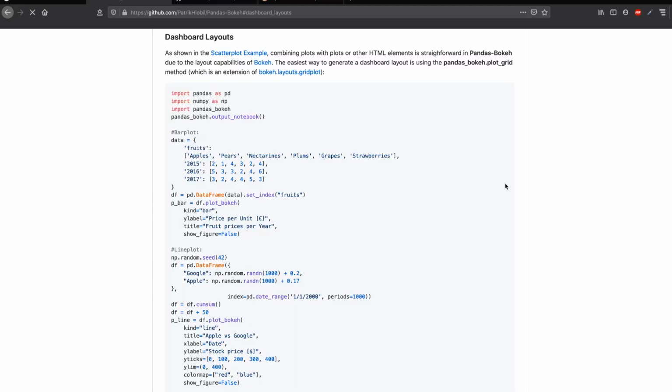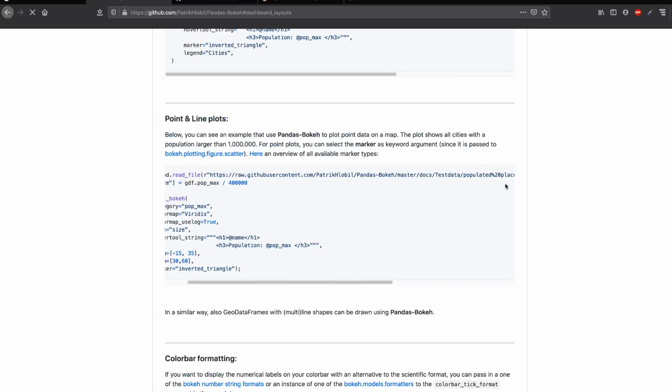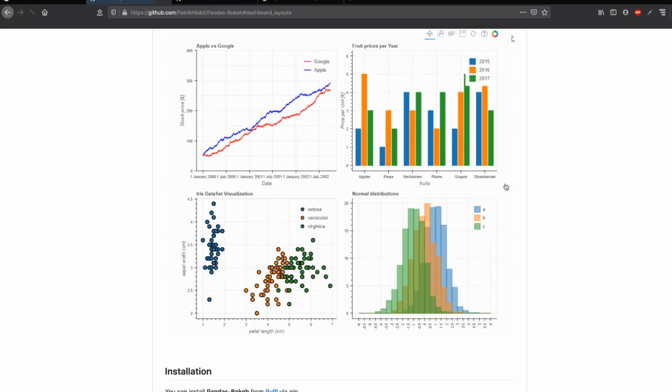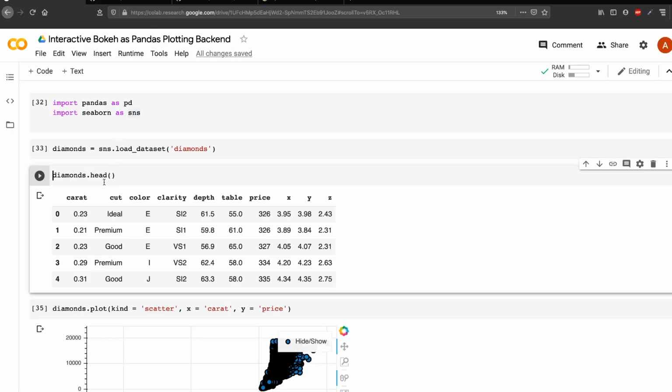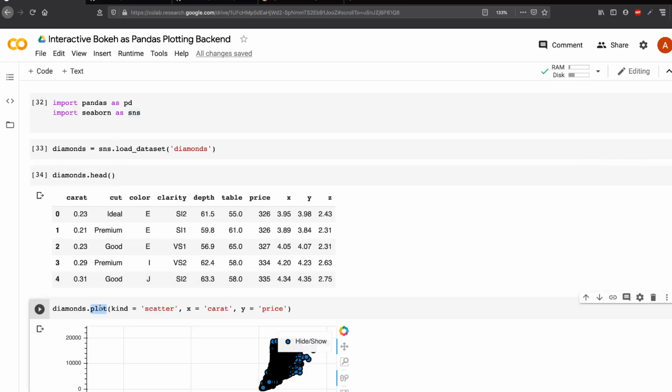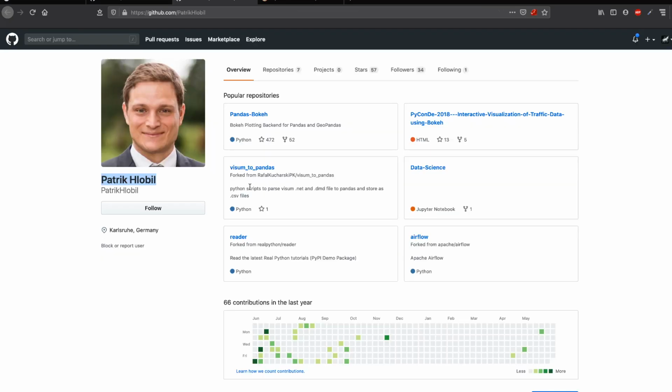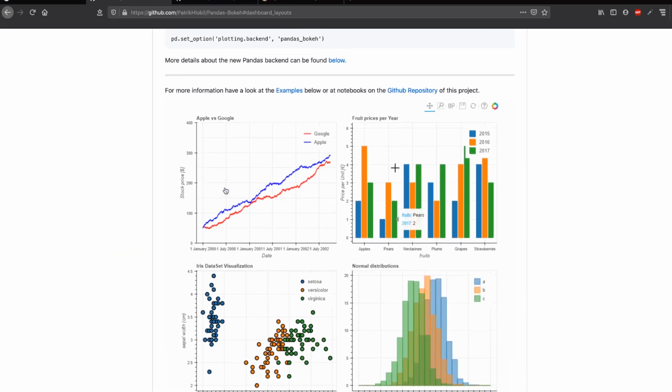In this video, we're going to look at a new Python package, Pandas Bokeh, which helps you make Pandas visualizations using the Bokeh interactive visualization library as the backend. Pandas itself has an inbuilt visualization function, the Pandas plot function. By default, it uses the Matplotlib plotting library to make the plot, but in this case it can help us use the Bokeh visualization library.